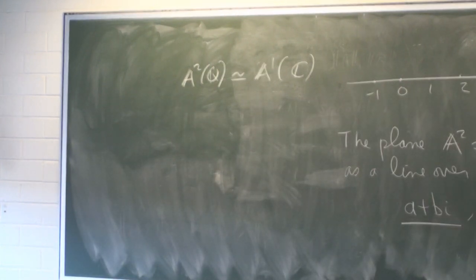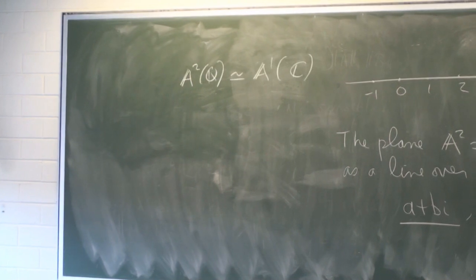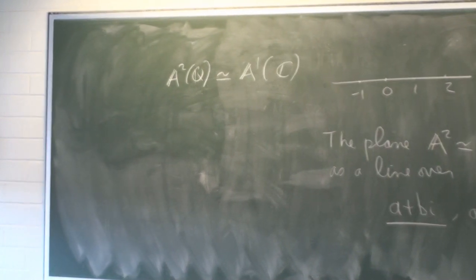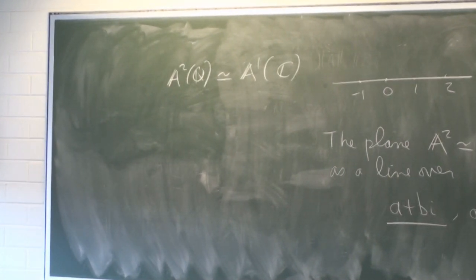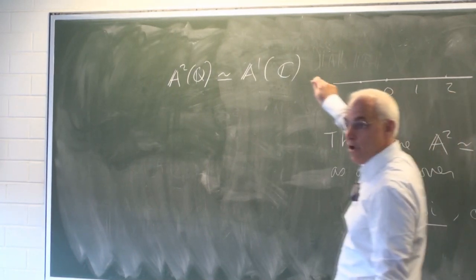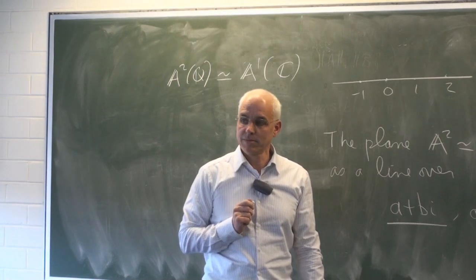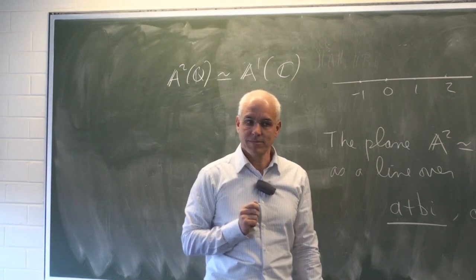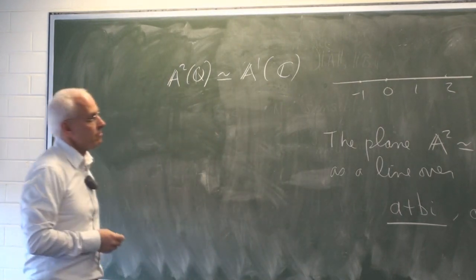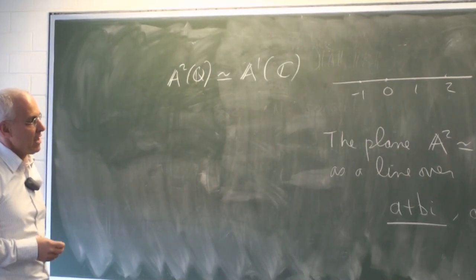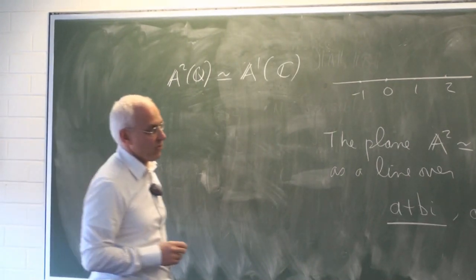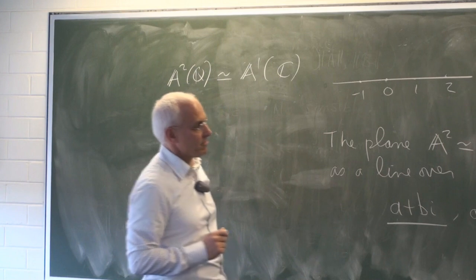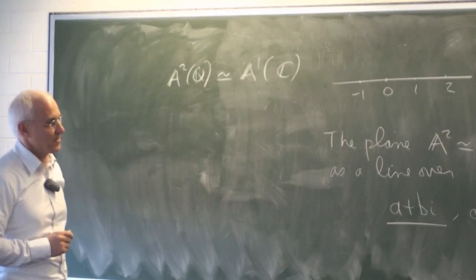So this gives us another way of thinking about the plane. And it's a very important alternative way of thinking, that the plane can be thought of either as a pair of rational numbers or as a single complex number. And we'll see the importance of that as we carry on. But I just want to flag that now.